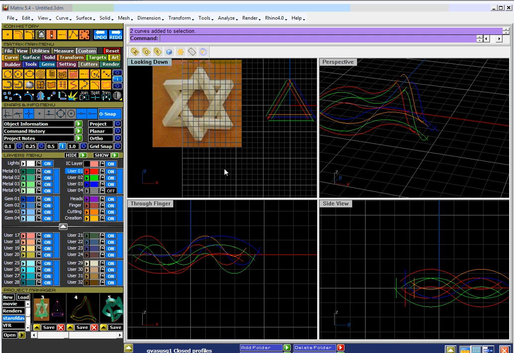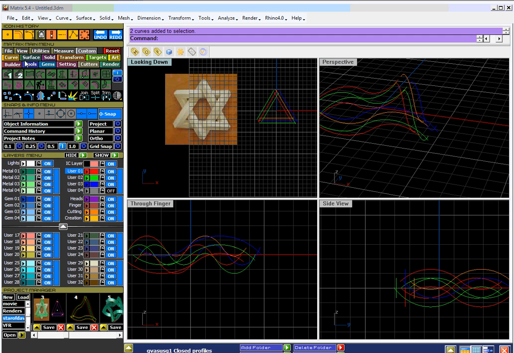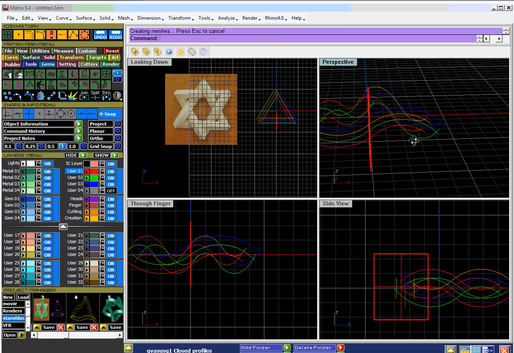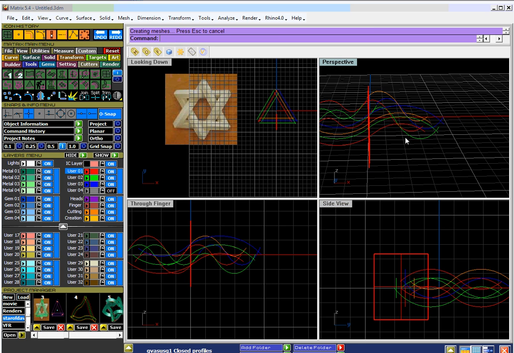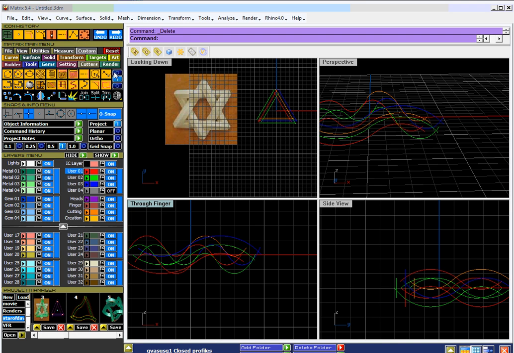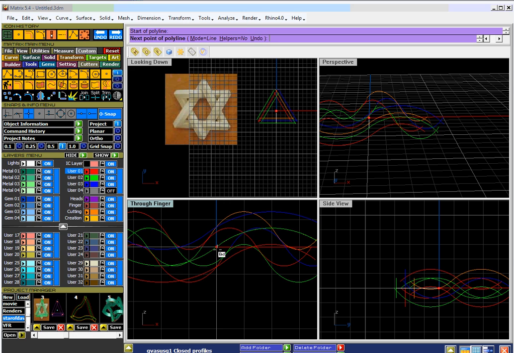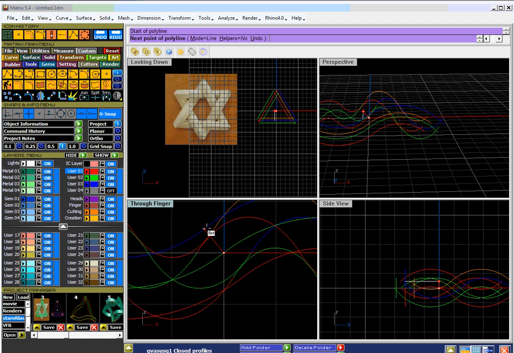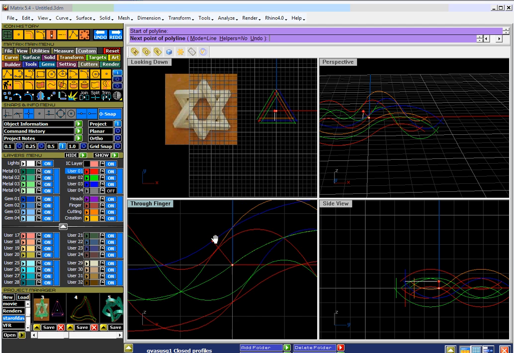Really, at this point, we can draw a plane. We'll draw a plane in this viewport right here, and that is the center. No, that's no good. Let's do it this way. Let's turn on project and curve and go from here, and basically we're going to go this way over to here, and then